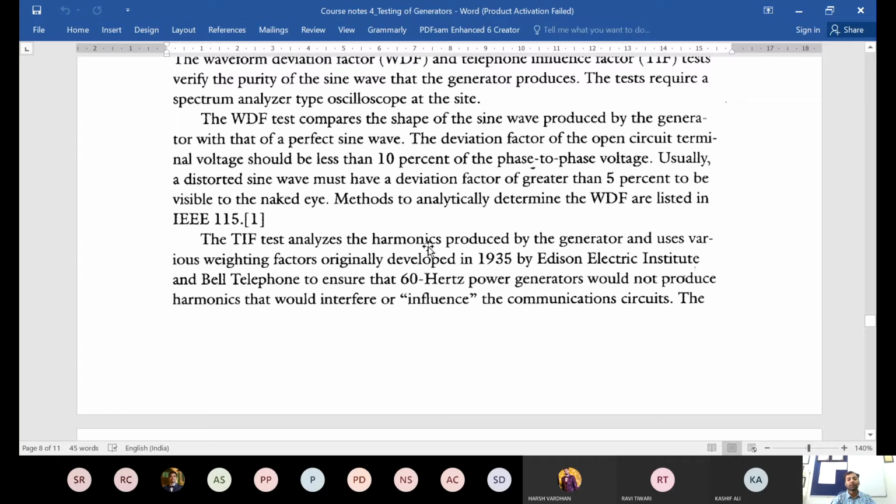Harmonics are basically the higher order frequency components. The base or fundamental frequency of power which we are generating is 50 Hertz, but usually because of the non-linearities in the circuit and other complexities in any practical circuit, some higher order harmonics or higher order frequency components are also produced, usually the odd harmonics. So if you have 50 Hertz as the fundamental frequency, there will be components of 150 Hertz, 250 Hertz, and so on: third harmonic, fifth harmonic, like that.